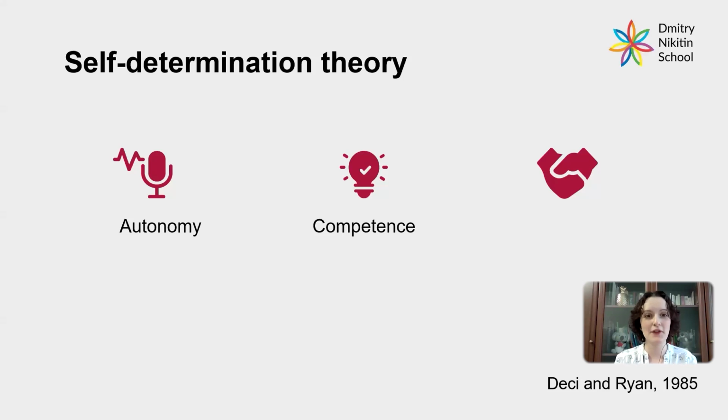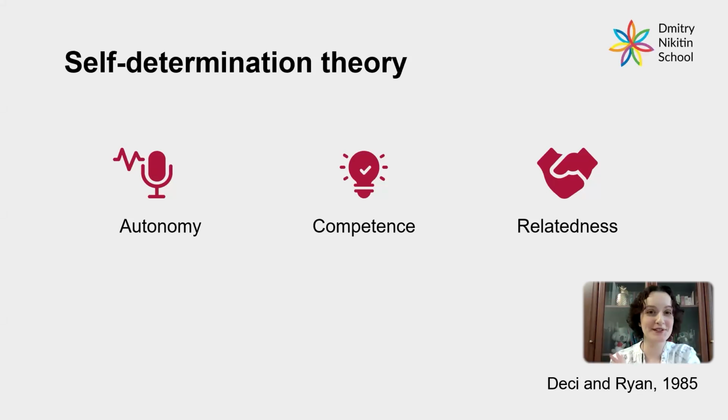And then the third point is relatedness. This is our need to feel a sense of belonging, to feel connection to other people. And when these three needs are met, we get high levels of motivation and engagement. Now, of these three, which do you think is the biggest predictor of student achievement? And most of you are saying something that aligns with further research.